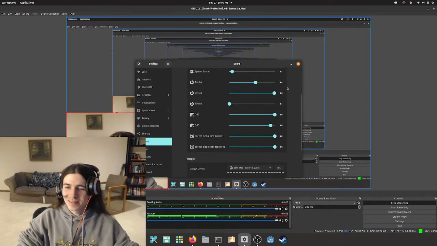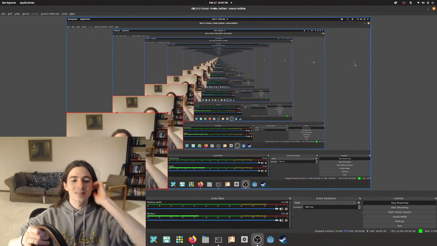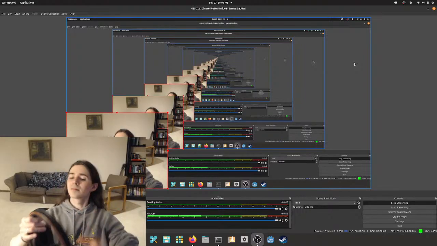So, this is a new operating system on the same computer. I've had some issues with my graphics card and Windows updates.